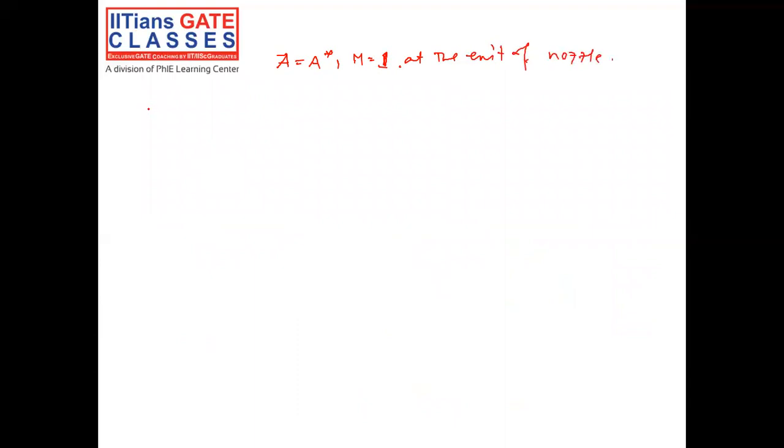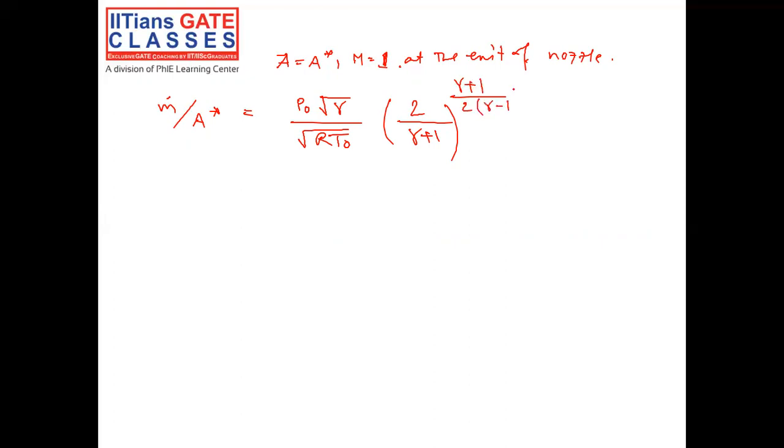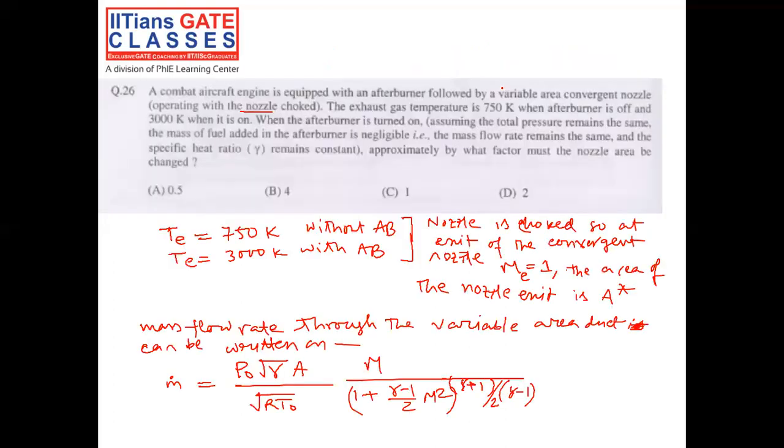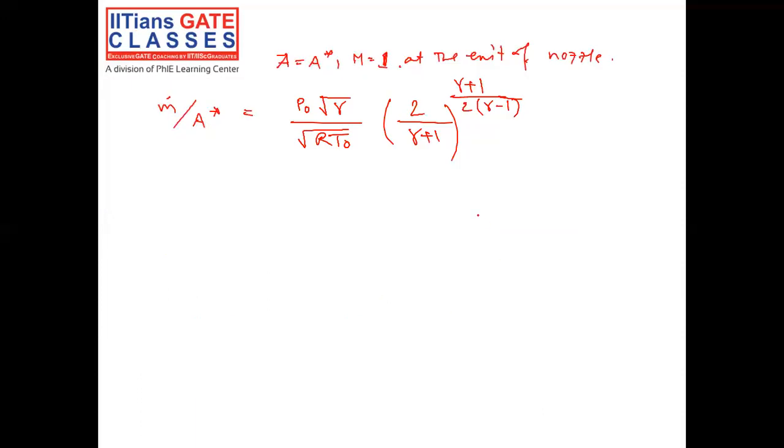Right, so m dot by A star from the previous expression will come as p naught root over gamma by root over R T naught, into (2 by gamma plus 1) to the power (gamma plus 1) by 2 (gamma minus 1). So in this expression, we have just substituted M equal to 1, and if we simplify it, it will come something like this, right? Now in this